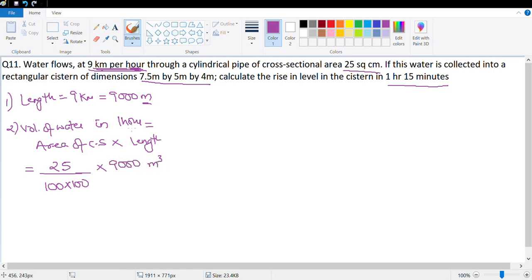I hope you understand this is square centimeter. This we have taken in meter because the final answer is required in meter. So that's why I've converted this into meter, this also into square meter. So now let's see what do we get. These two zeros get cancelled. This 0 gets cancelled. So what we have is 25 into 9,